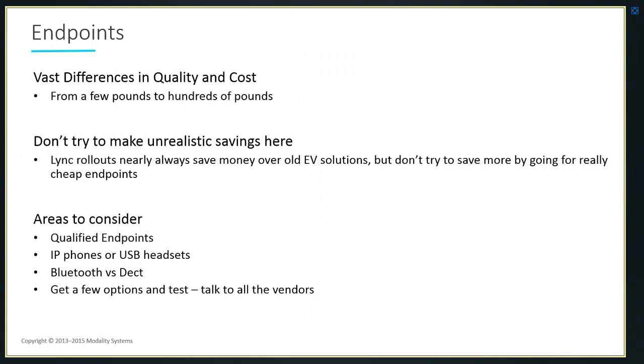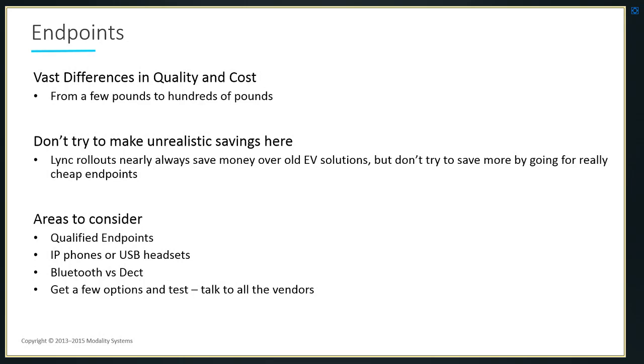Moving on to endpoints. If you're deploying conferencing and enterprise voice as part of Skype for Business, certainly look at the differences between the endpoints available which are certified for Skype for Business. There are differences between headsets, and they range from budget, bottom of the range at £25 per device, right up to £300 per device. One recommendation is to certainly do a user adoption piece on headsets, because not one headset fits all user types. So do some analysis on that and make sure the headset you get for the user is the right headset for their requirement.